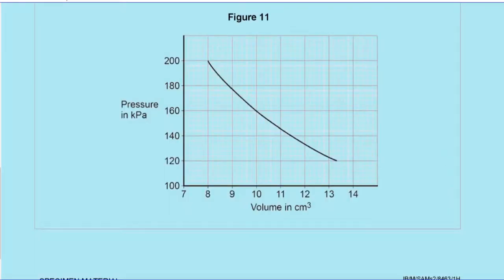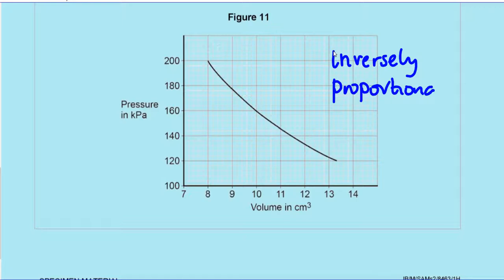So this shape of graph should be recognizable to you. It's clearly not a proportional graph. What we're looking at here is an inversely proportional graph. Okay, what does that mean? It means as the volume gets bigger, the pressure gets smaller, and as the volume gets smaller, the pressure gets bigger. Okay, if you revise this carefully, you should recognize that you've learnt this relationship, and what is actually going